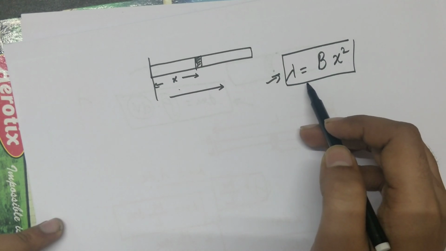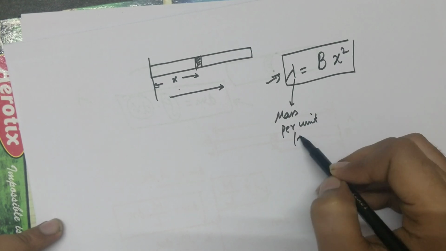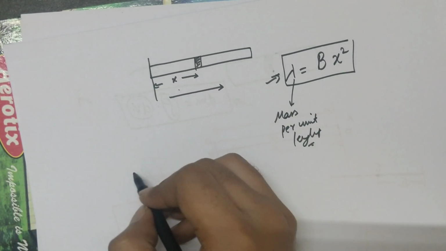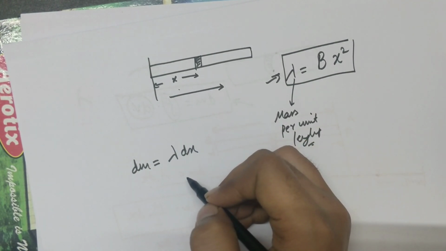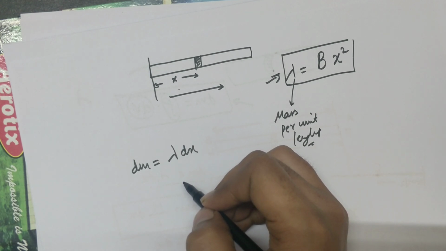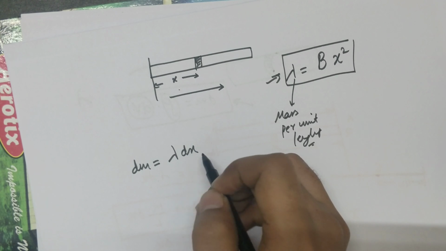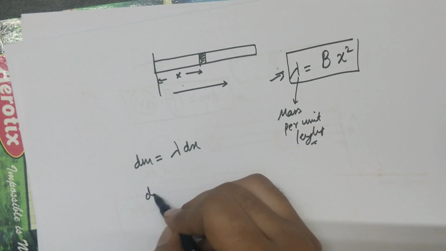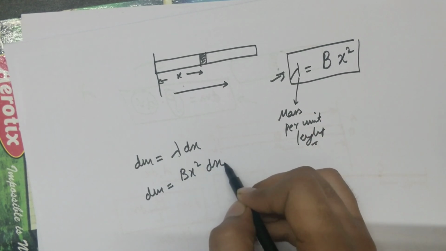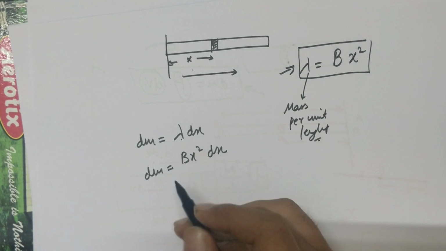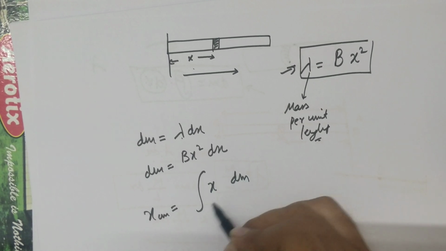This is mass per unit length. This is fixed always. We know that dm equals lambda dx, isn't it? So from here dm equals, what is lambda? Lambda is bx square, dx. Okay, so XCM will be calculated. That will be integration x dm upon integration